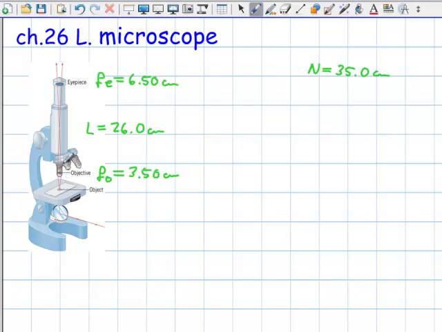It's going to be pretty close to the objective focal length, so relatively close to 3.50 centimeters. What is the magnification, not the angle of magnification, of the objective? Okay, I'm sorry, hold on. Yeah, I'm going to use the angle of magnification equation for the microscope, which says